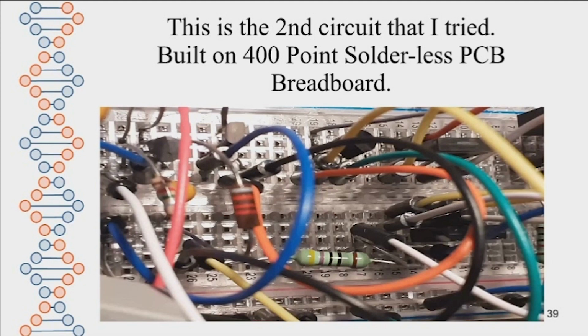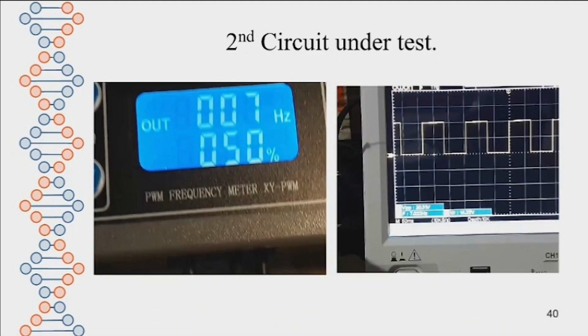So this is the second circuit that I tried, built on 400-point solderless PCB breadboard. Hope you can all look at that. Looks quite a good picture actually. I also found some other pictures. This is the